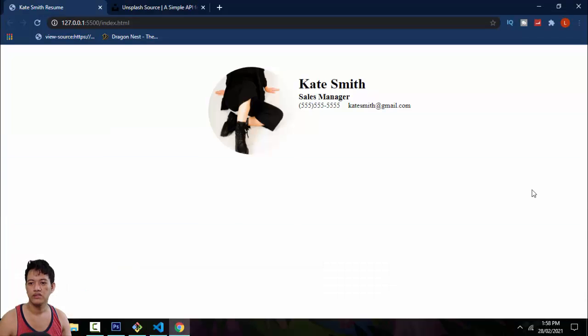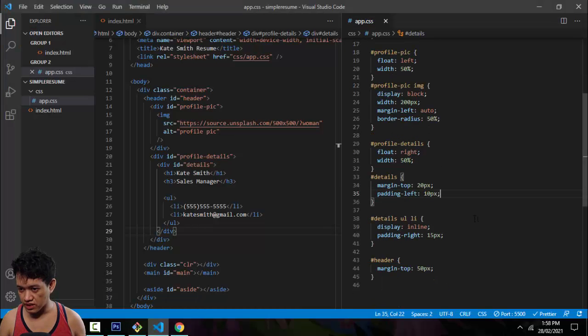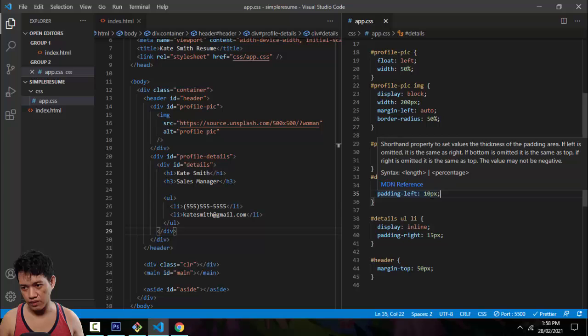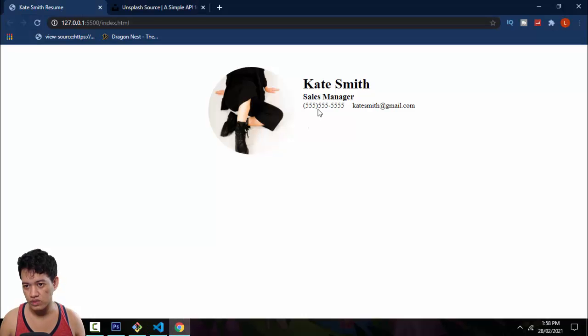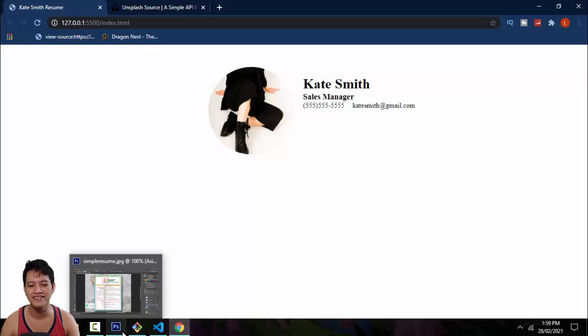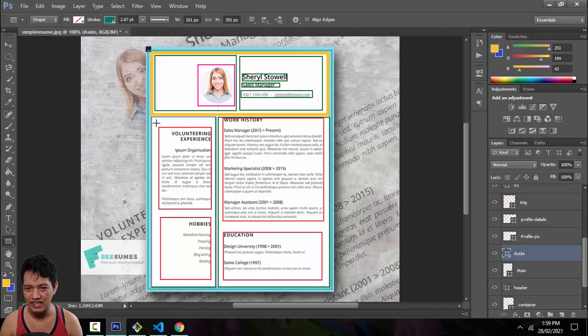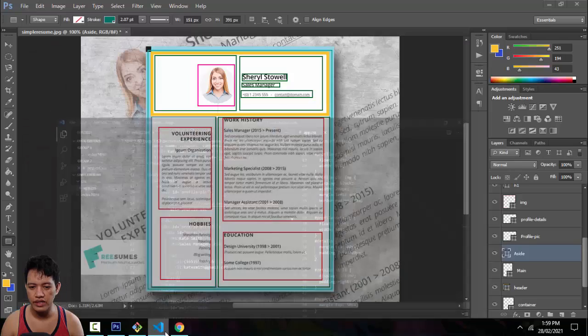So this is it. We have the picture and side padding left, padding left, I think 20px, margin top, and so yes, we are on our own. Yeah, so I think that's done. Are we done with the